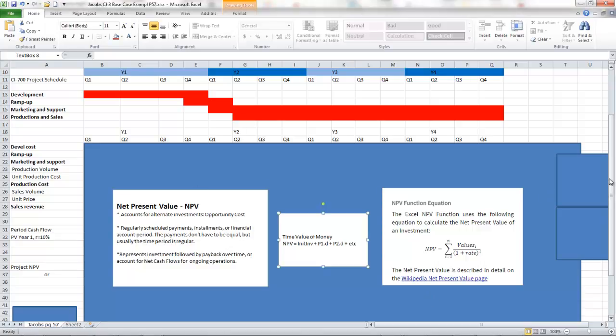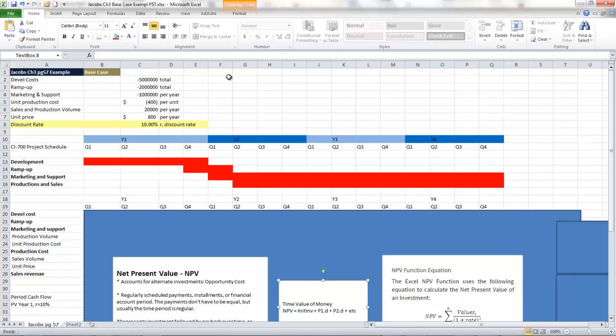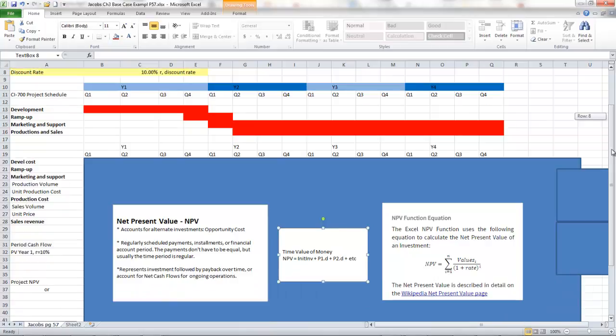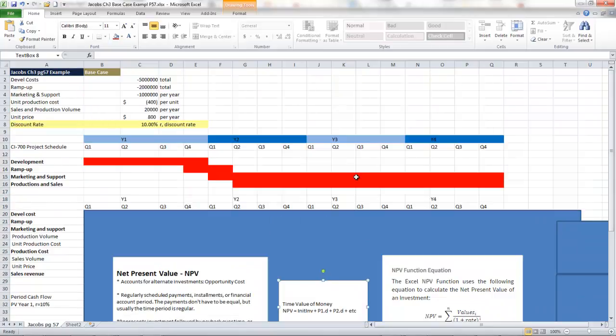This is a continuation video of the example that we were talking about in class today, the Jacobs Chapter 3, page 57 example, which is described as a base case for any project. And one of the interesting components of what we're looking at here is this net present value and the reasons for doing that. We could go ahead and do all of this without the net present value calculation, but the net present value inclusion of that will actually show you how you compare against